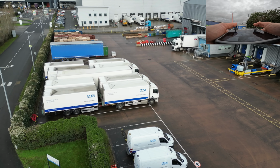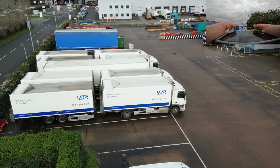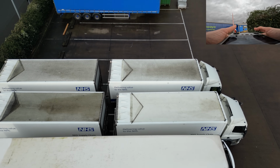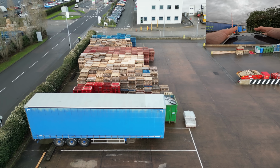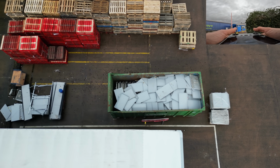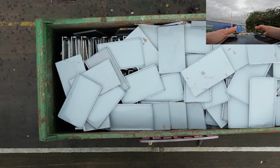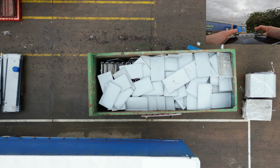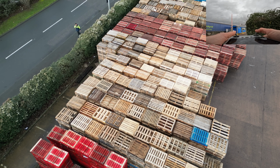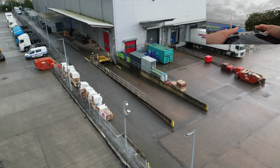Oh wow, look at that vehicle there. A double. As we always do, let's check the skip. And in there we have lots and lots of metal, some old shelving, and underneath it looks like some metal trolleys. As you would expect, lots of pallets, some cardboard baling,